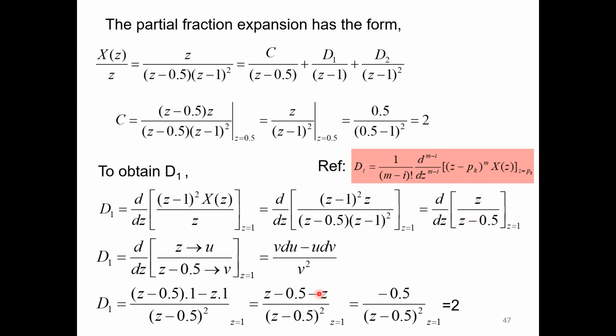Now you do the differentiation as a ratio, right? (v du minus u dv) over v squared. Remember how to differentiate a ratio, u over v, right? And you get to this simplified version, and then you substitute z equals 1, you get to 2. So once you get this,